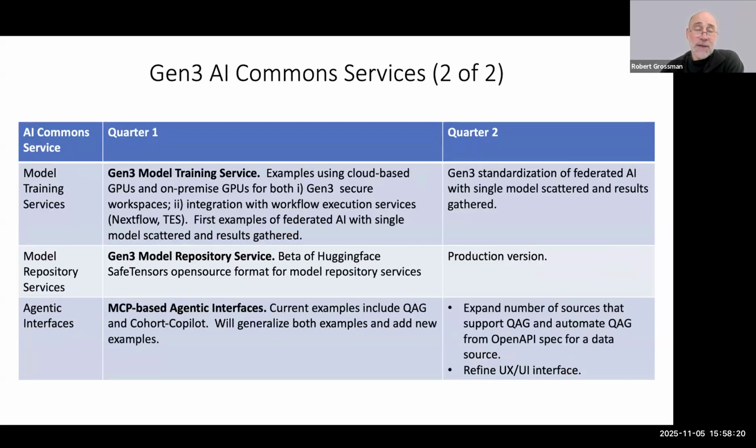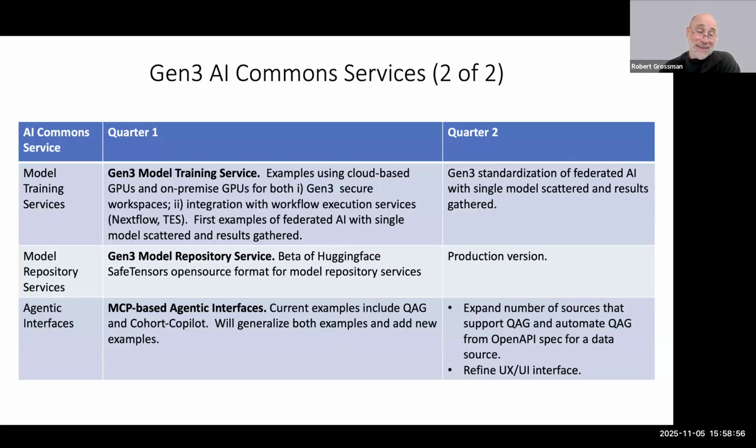Model training, we just have to wait for the Nextflow funnel integration to be done. We have a service right now, it can be done through a notebook, so you could train in notebooks and use Nextflow. We'll create standard places for scattering, gathering models. You can submit a model which will go in the repository service, then you could do local training. So that will be in the second quarter. The repository service will be in beta in the first quarter.